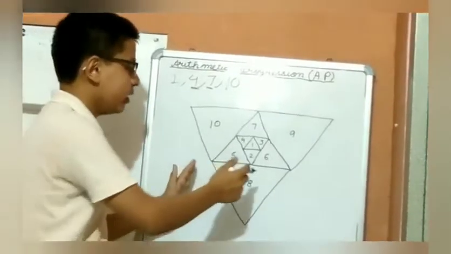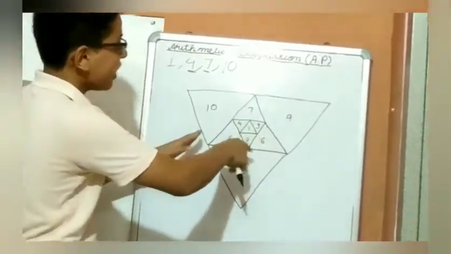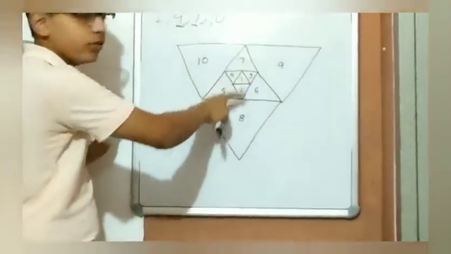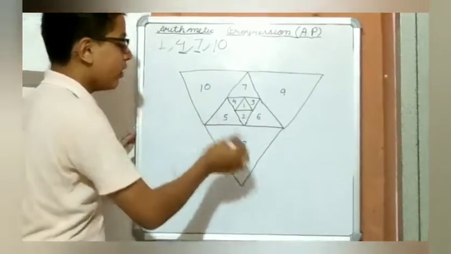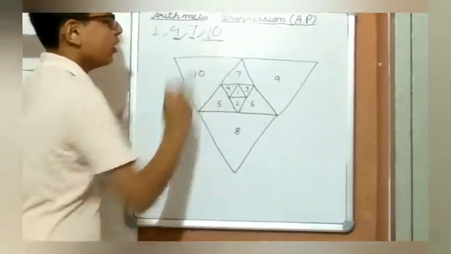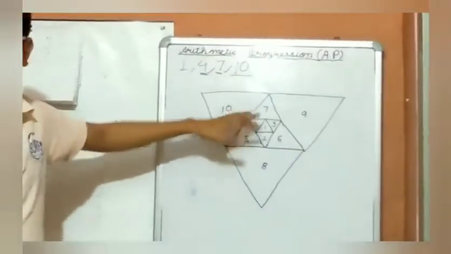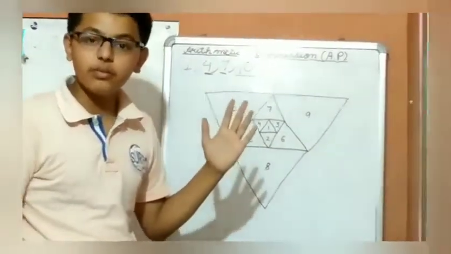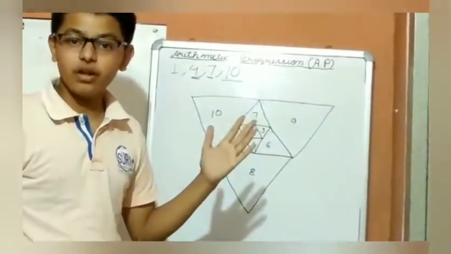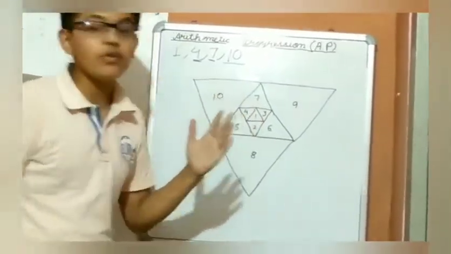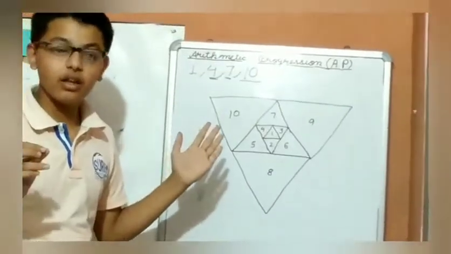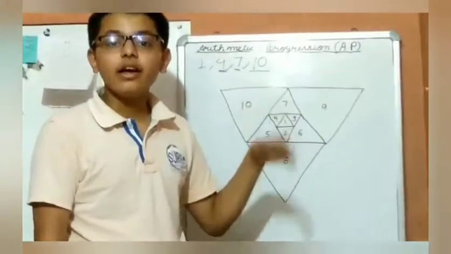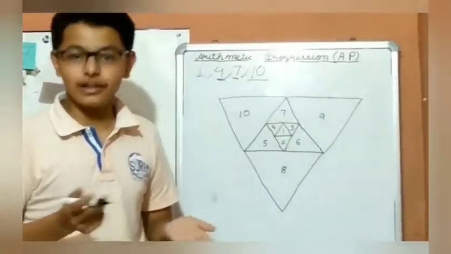Now moving ahead, we also draw equilateral triangles for this newly formed third triangle, the triangles which are equilateral to this triangle. Now when we form this, we get 8, 9 and 10. And this moves on and on and on. So now you get to know that no matter what the first term is, what the common difference is, if it is an AP, it can be visualized very beautifully. Now this is the end of my topic. So that was visualizing arithmetic progression. I hope you get it. Thank you.